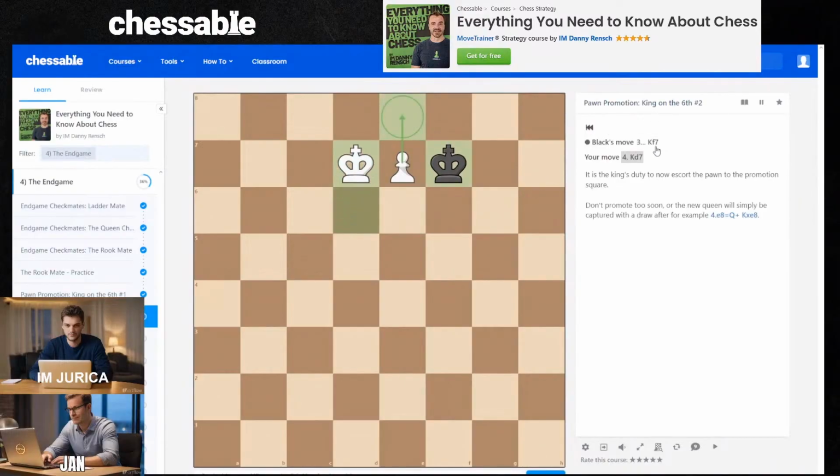Okay, king f7, as I predicted, he's going to go there. We are going here with the white king on d7. It is the king's duty to now escort the pawn to the promotion square. Don't promote too soon, or the new queen will simply be captured with a draw after, for example, e takes